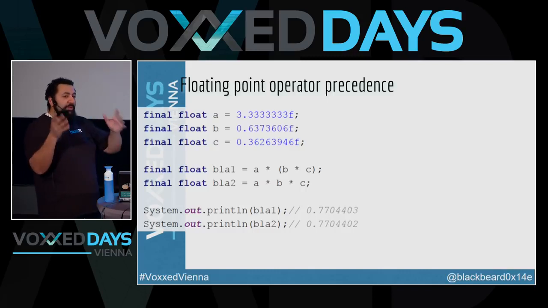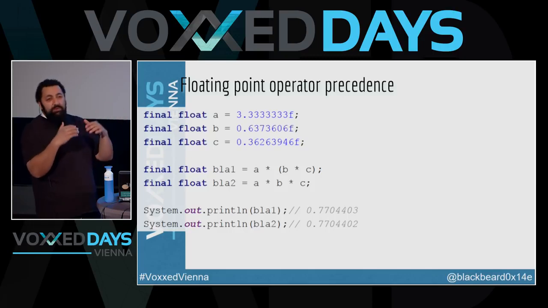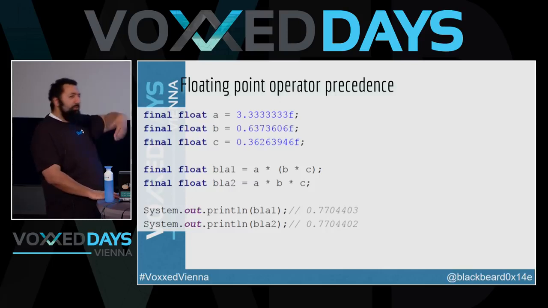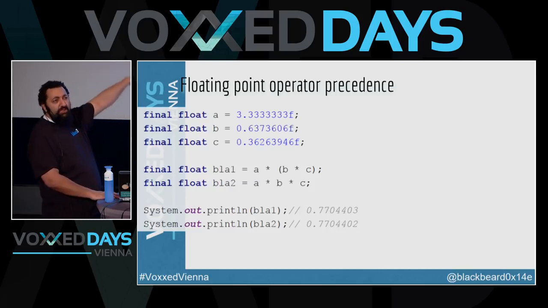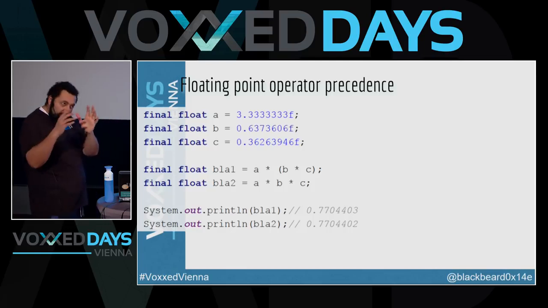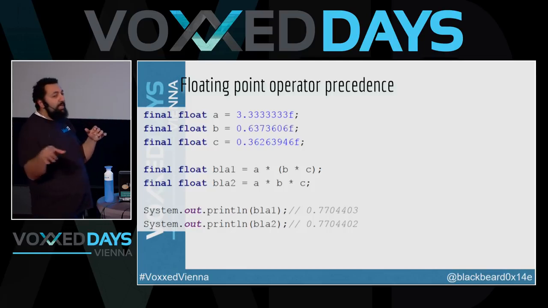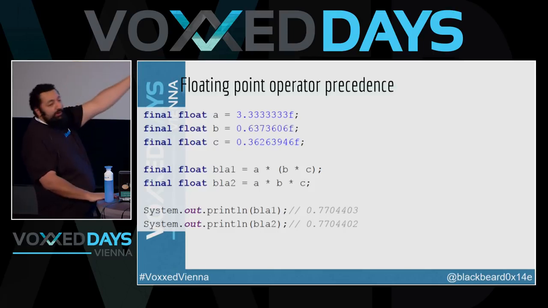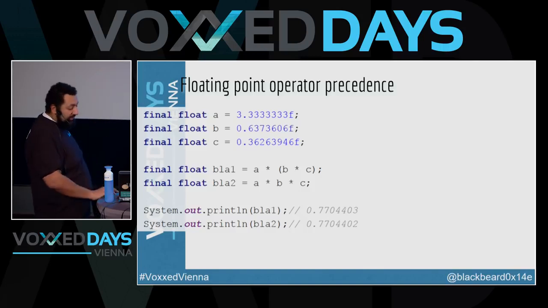At a certain point, when you do something, you have to round it up, or the JVM does it for you. This also happens in C++ and most languages. It's just an IEEE thing, it's just how the standard works. If you do an operation, you round it up, and then you do another operation on the rounded up value, you get these kinds of errors. Granted, 0.00001 isn't much, but it's still not the same value.